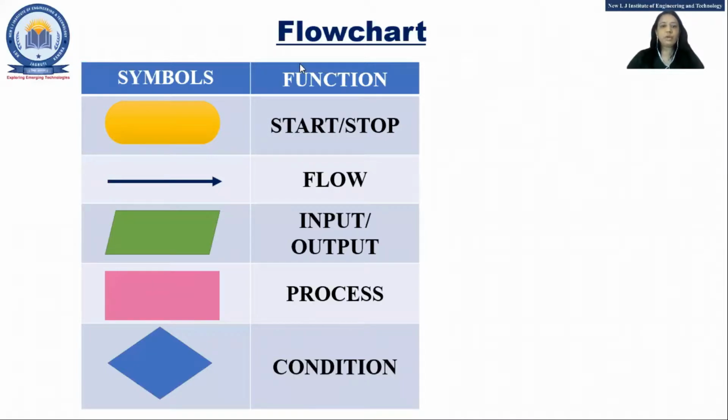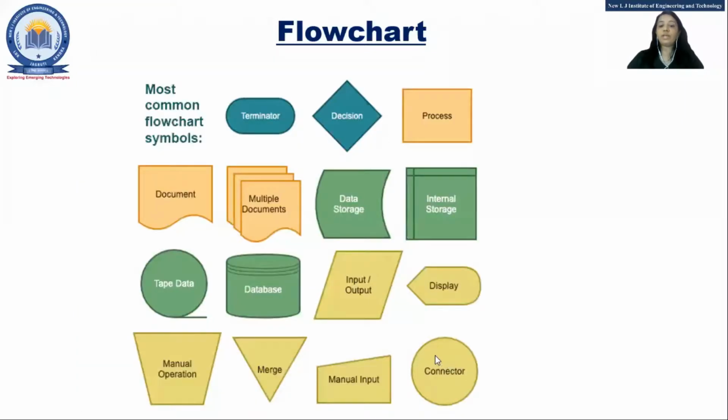Okay, fine. So what we have seen in the last lecture, lastly we have seen what is compiler, what is interpreter, and what is flow chart. What are the symbols used in a flow chart, and also we have seen the algorithm. Basic problem we have seen, right? So you can see the symbol start, stop, that is for the flow, parallelogram, that is for input, output, for process and condition, right? And other we have seen that is a circle, that is a connector. Within the same page, if you want to write, this is connector.